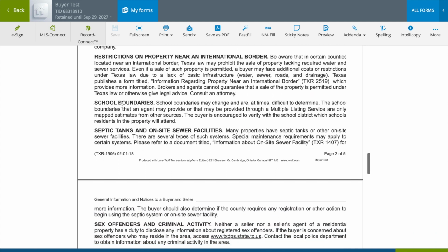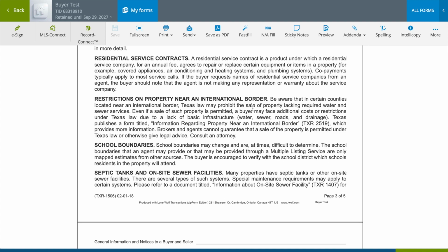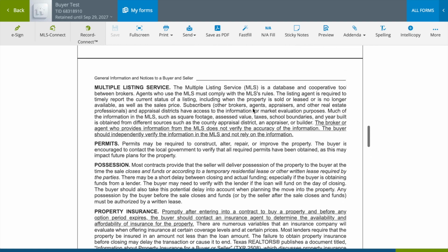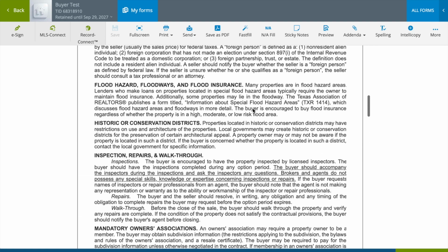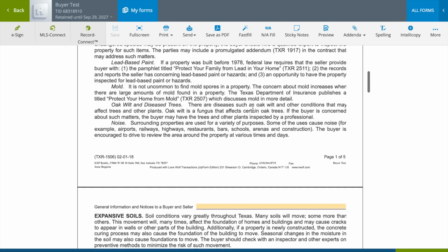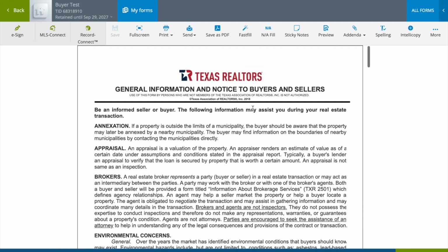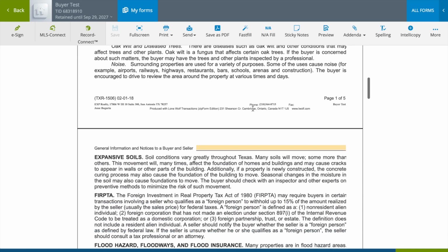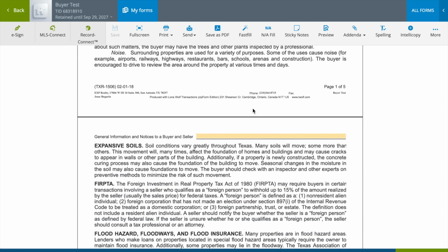Another big thing is school boundaries, guys. School boundaries is a big thing. For example, we just worked on a listing where the buyers thought it was Southwest District. And I said, no, this changed from Southwest High School to Legacy High School. And they were like, wow, well, in that case, then we don't want it. But a lot of people who had just moved in, who wanted to stay in that school zone,